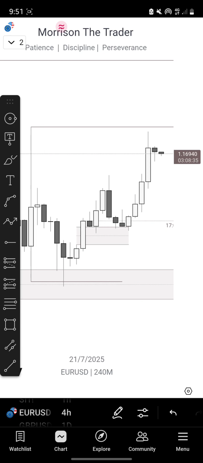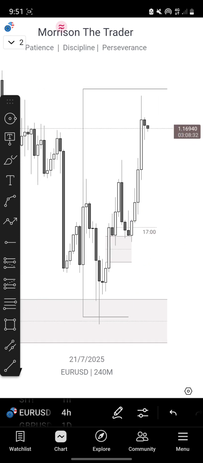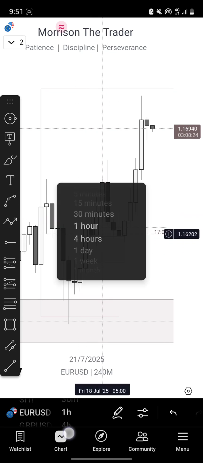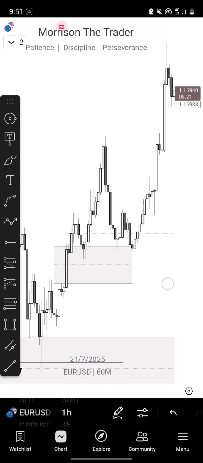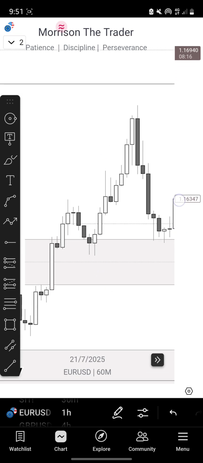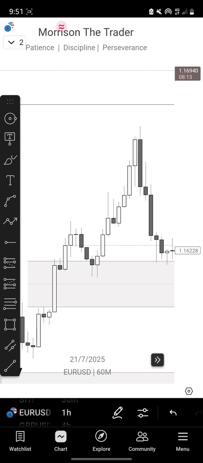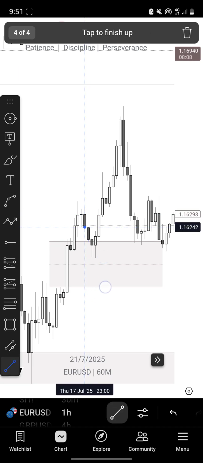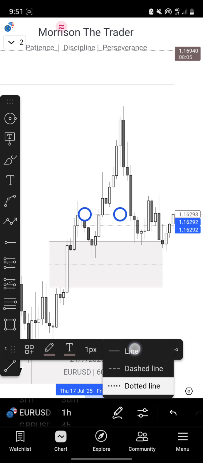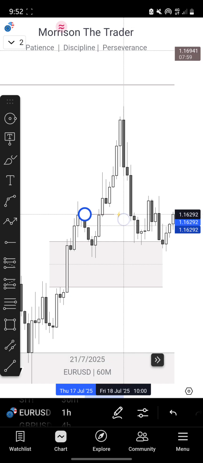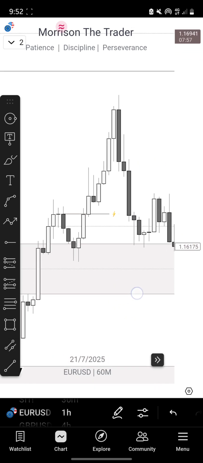That was the idea. So now we go straight into the 1-hour time frame after this reversal has formed, right? After this 1 a.m. candle has formed the reversal, we go straight into it. So when you go straight into the 1-hour time frame, what are you looking for? You are looking for a swing point on the 1-hour time frame and also a change in state of delivery. So now we have our change in state of delivery here. We have the change in state of delivery, right? And also